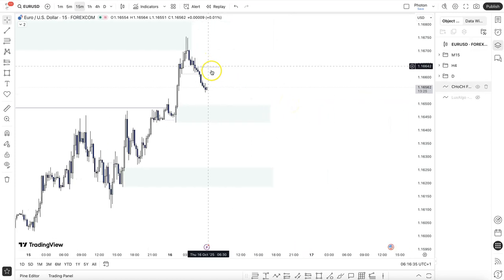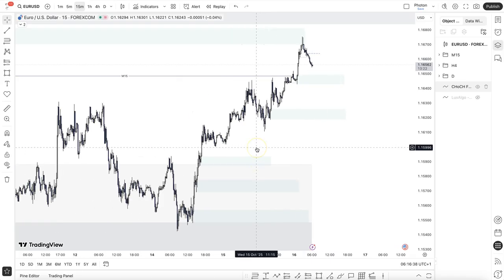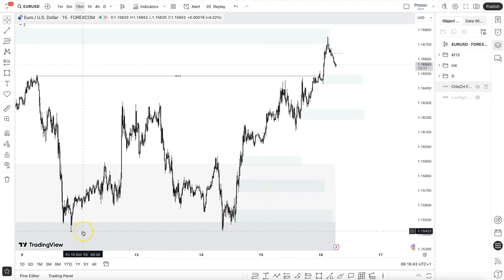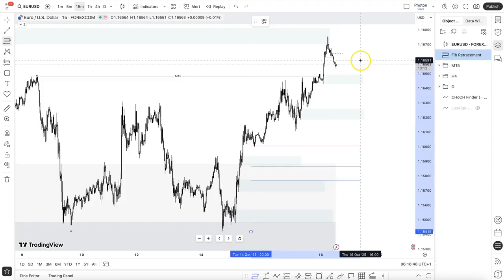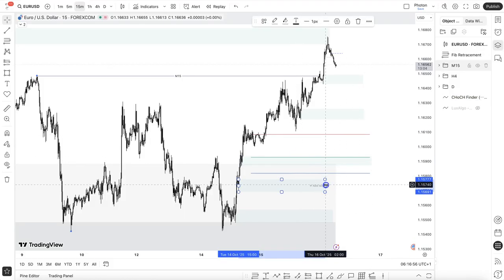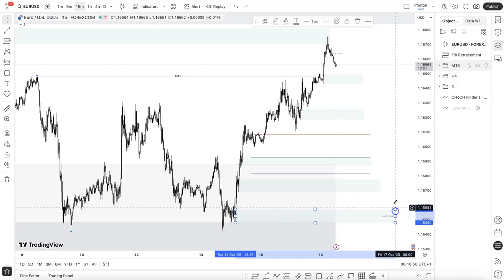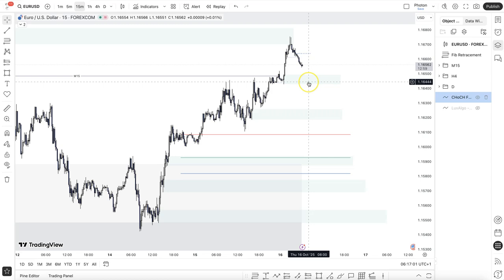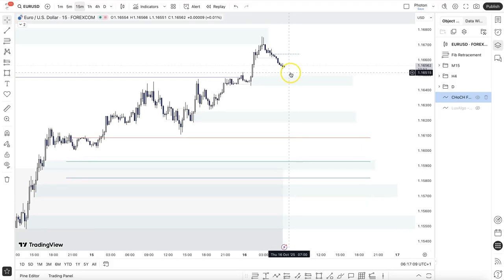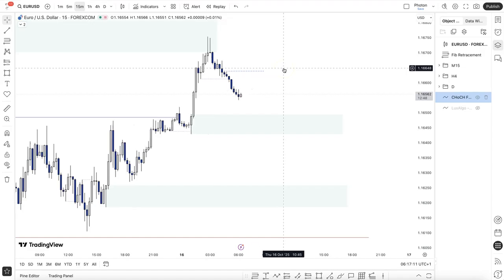shorts and play the M15 pullback. Till where will we expect the pullback to happen? Well, if we consider this as the strong low, we can look at price to probably come down to this level or to probably this level. So that's my outlook at the moment, where we will be looking at shorts. I would favor shorts once London opens, which is in about an hour 45 from now. And yeah, that's pretty much my outlook.